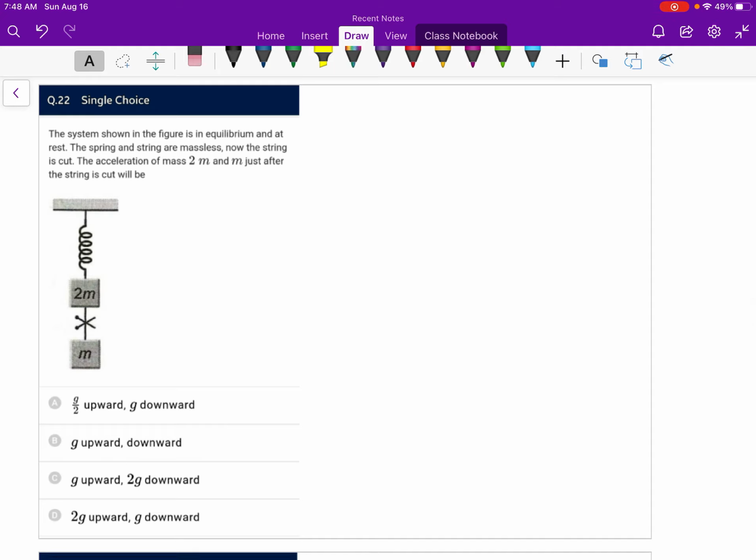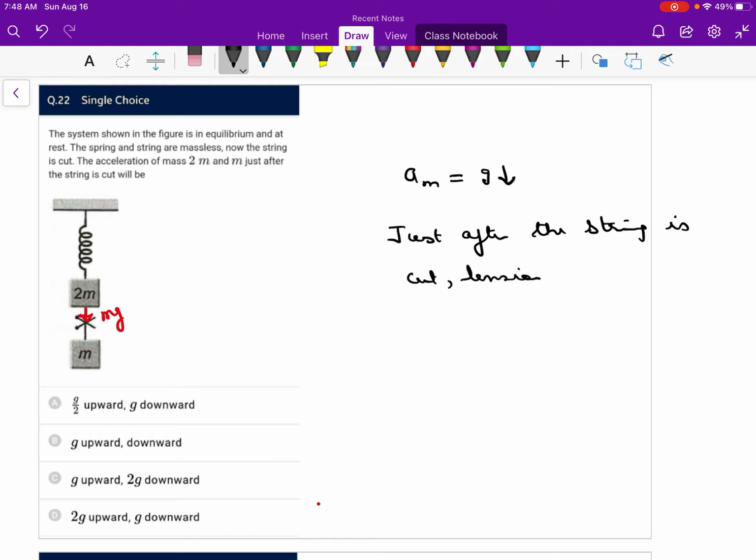The acceleration of mass 2m just after the string is cut. So m is in free fall, so acceleration of m is g downwards, and 2m was previously in equilibrium and the tension in the string was mg. So just after the string is cut, tension in the spring remains unchanged. It takes a finite amount of time to change the tension in the spring. So when the mg force gets removed from the 2m mass, the net force on 2m becomes mg